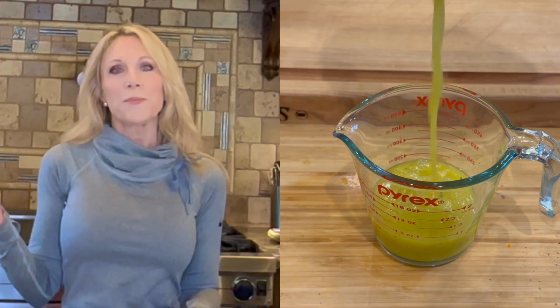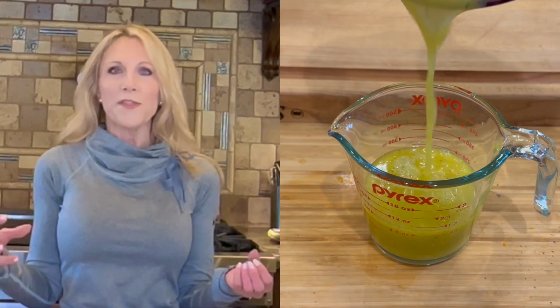And you don't want to skimp on the pepper and salt because that's what really brings out all of this flavor. If you serve it right now, you'll have a nice vinaigrette. I put mine overnight in the refrigerator to make it a little bit thicker, and it's more of a dressing consistency. Okay, I'm going to dress this lightly